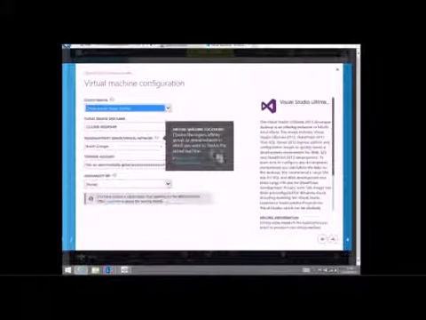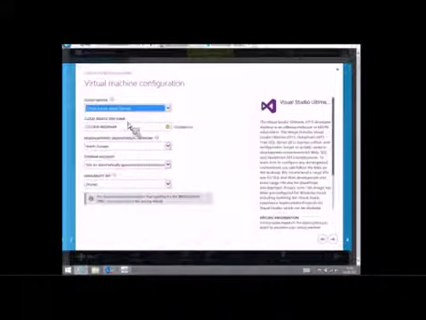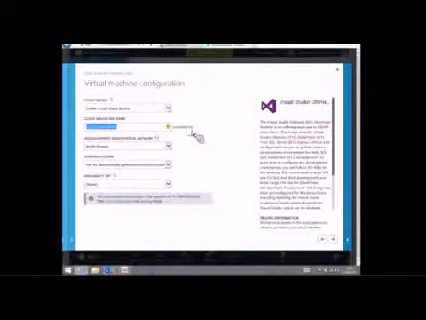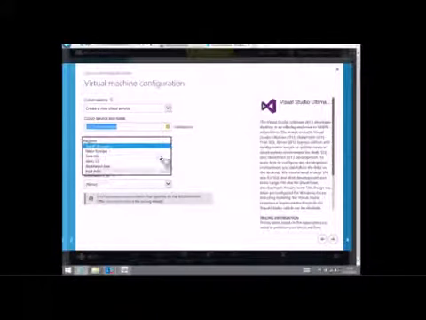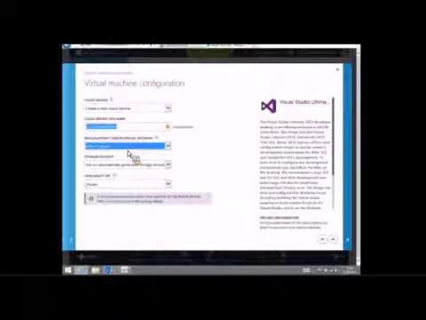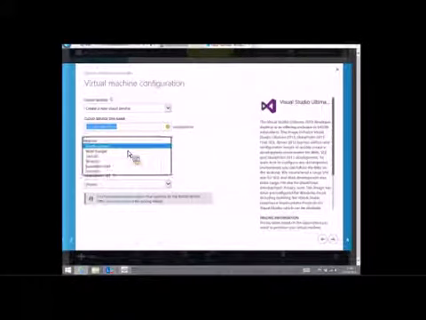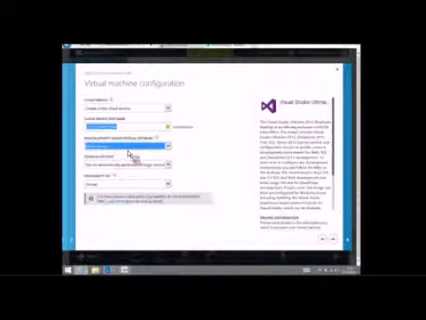So on the next part of configuration, we get to select a logical cloud service that this will sit within. We get a name in DNS for my particular machine, and I get to specify where in the globe, in which of my regional data centers, I want this to go. As I'm sat in North Europe, I'm going to deploy my machines there. But you can see that geographically I can put my machines in different locations, different data centers around the globe. It will automatically select a storage account for me to put this in.